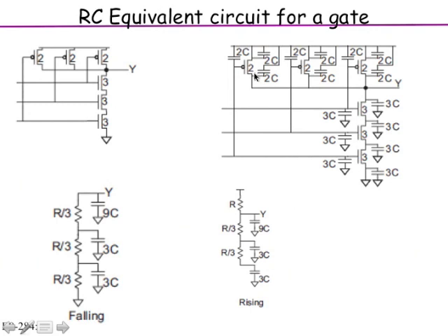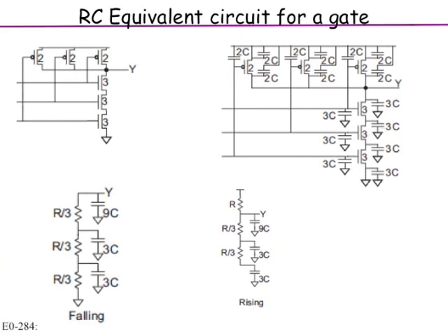So for the 2 units, since the size has gone up by 2, the capacitances of the source and drain have also gone up by 2. If a single transistor has C as the capacitance, this guy has 2C, 2C, the 3 unit transistor has 3C. Now if you see out here something funny is, so let us look at this transistor. At the gate input it is 3C, which is fine. The source, the drain region is also 3C. Source is 3C. But then here there should have been the 3C from the drain of the one below. So it should have been 6C, but it is 3C. Why is it just 3C?